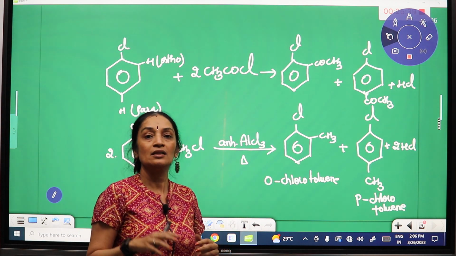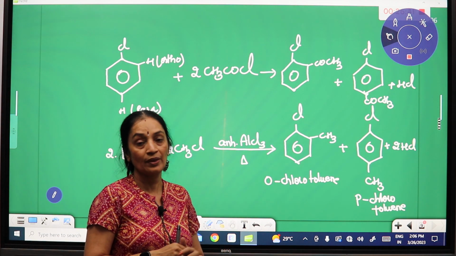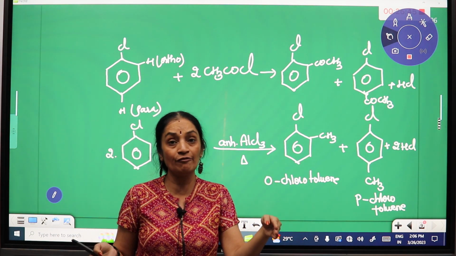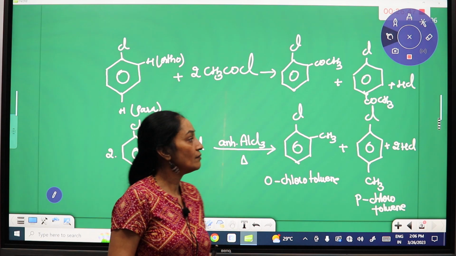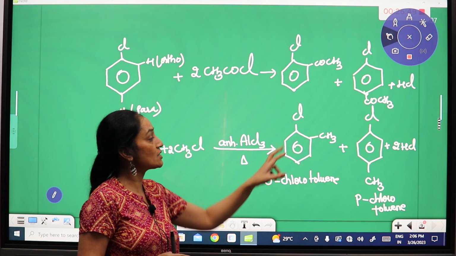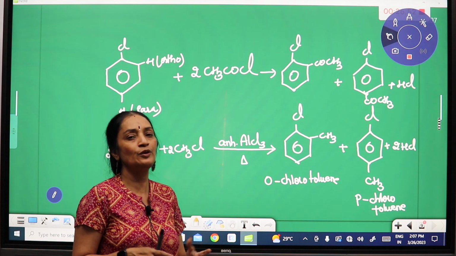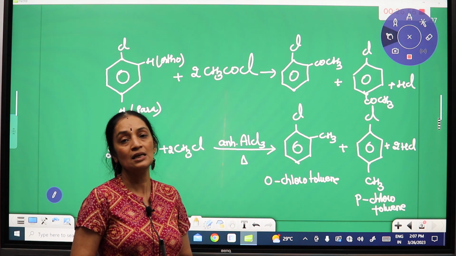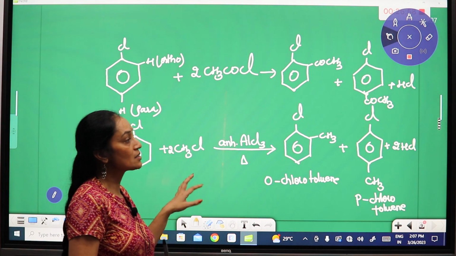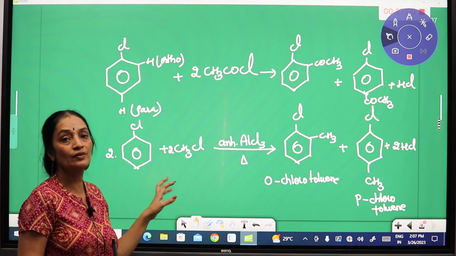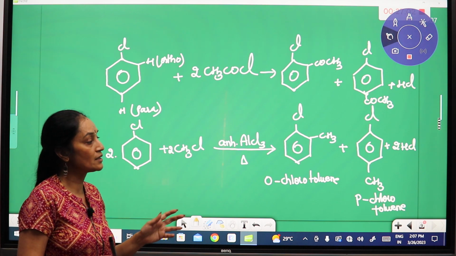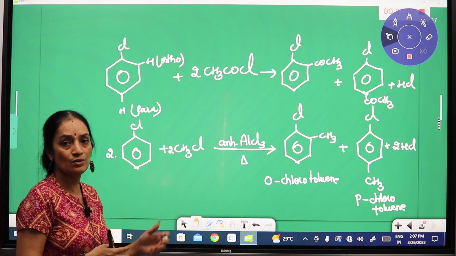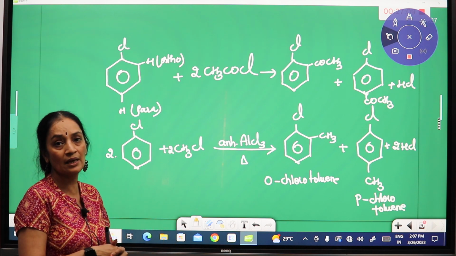Even in this, there is a major product and a minor product. The major product is the para position, because both the functional groups are very far apart and it is very stable. Whereas in the ortho position, since both are very close, you will have certain repulsion or steric hindrance which makes it unstable. So, these are the chemical properties of aryl halides, or haloarenes also. Under haloarenes only, it comes as a chemical property.